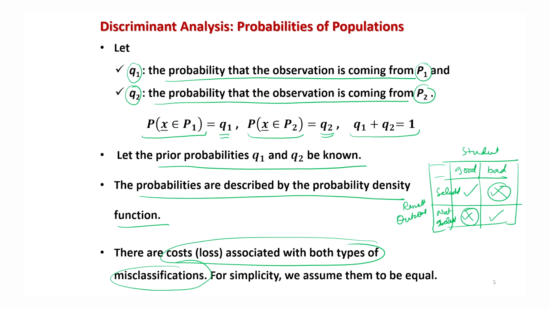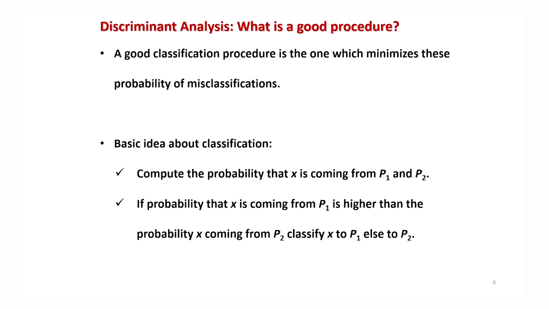So now I will try to give you two aspects, just for the sake of simplicity, so that I can explain to you how to develop the classification rule easily. I am assuming this cost of misclassification, or the loss due to misclassification, to be equal, and at the end I will try to extend this analysis to the case when the costs or the losses are unequal, right? So now in the beginning, I'm assuming that the costs associated with both types of misclassification are the same or equal. So now we have to decide how we are going to define the good classification procedure.